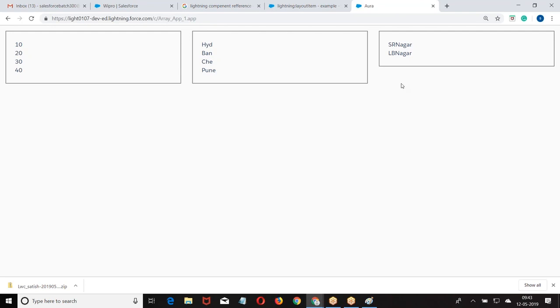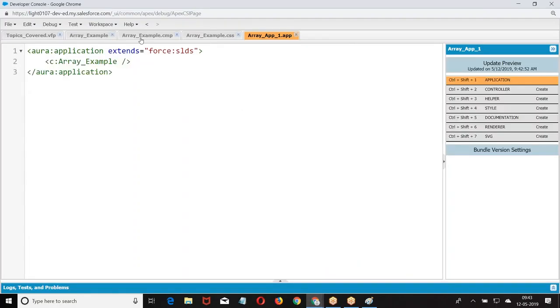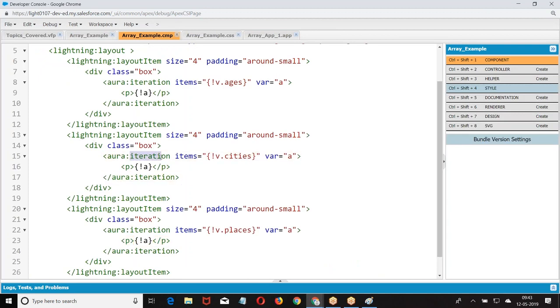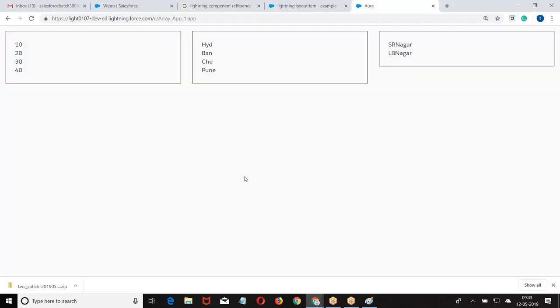We will not cover the map concept yet. It has one extra concept to be covered. So we'll come back to the map after completing a few examples. So what is that? When you have an array of elements, how to fetch the elements and display them? How are you displaying? Aura iteration, items equal to list of elements, where we take one element at a time. Was that clear for everyone? Right. We are getting 3 blocks because I used lightning layout item. I told 4, 4, 4. That's the reason we got 4 different columns here. Was that clear for everyone? Everyone is clear with this?